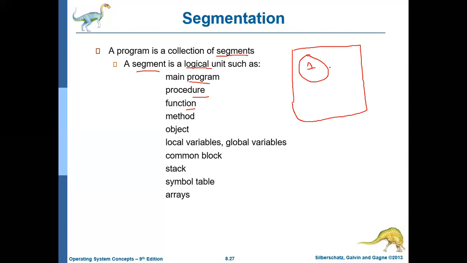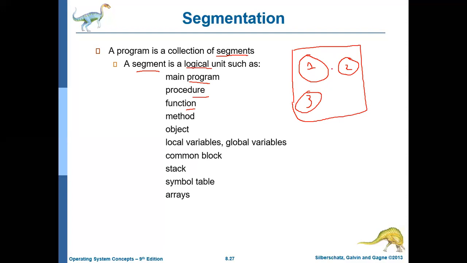Some other procedure may occupy some other part of memory, and he may assume that is segment 2. Maybe the stack may be stored somewhere else, and he may consider that segment 3. This is how the programmer views the memory: as multiple segments, where each segment is a logical unit of a particular program.